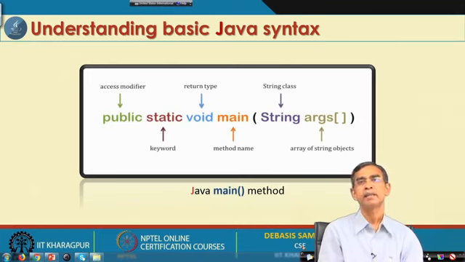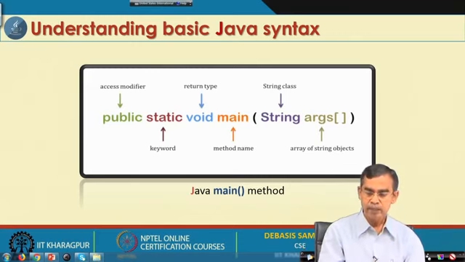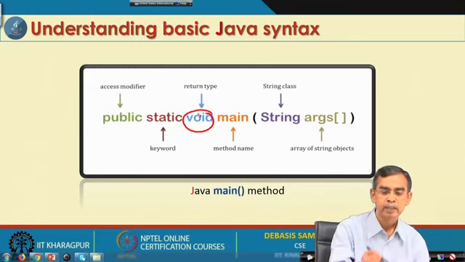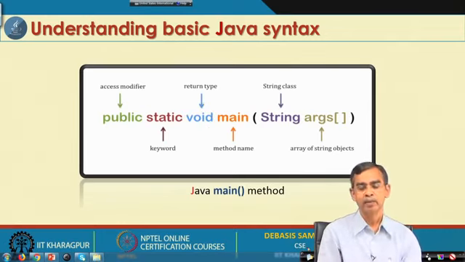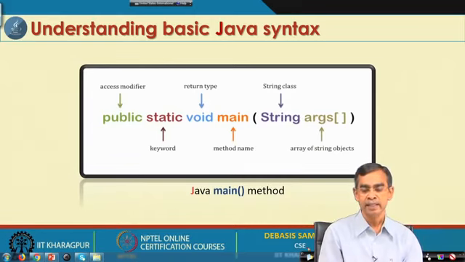In this case, the main method does not return anything, because the main method is not called by anyone other than the Java runtime environment itself. So, the main method is not responsible for returning anything to its caller. That is why it is void. So, this keyword should always be specified as void. Void is the return type which should be declared, a null value, actually it should not return anything in that sense.